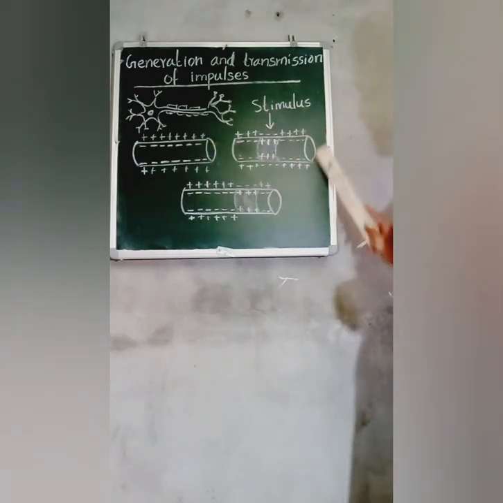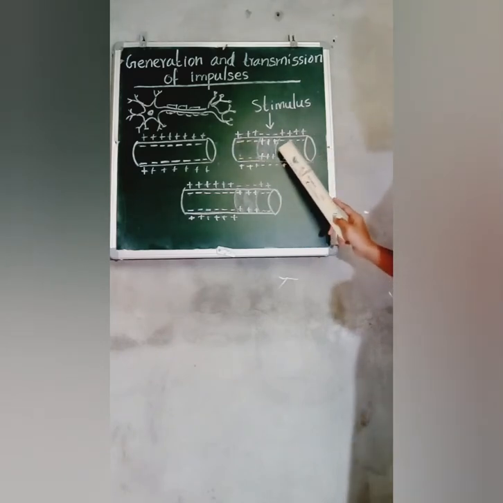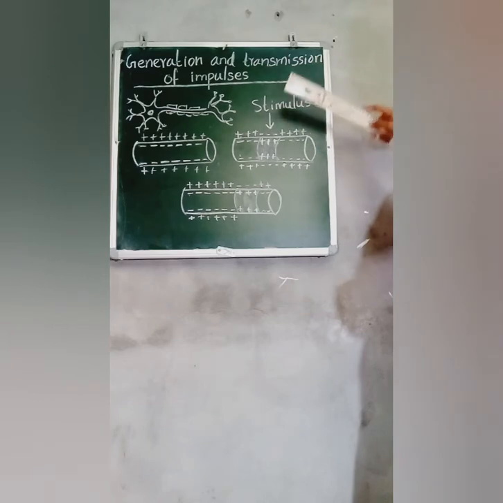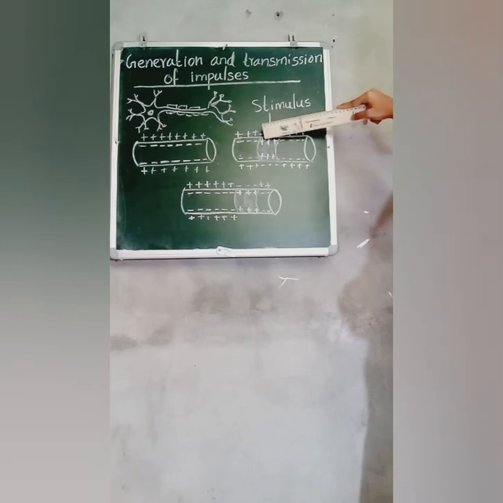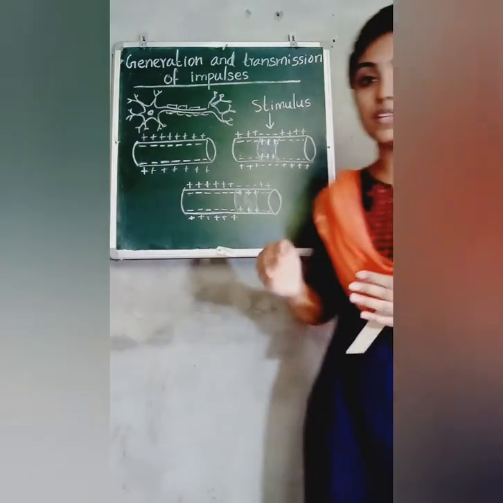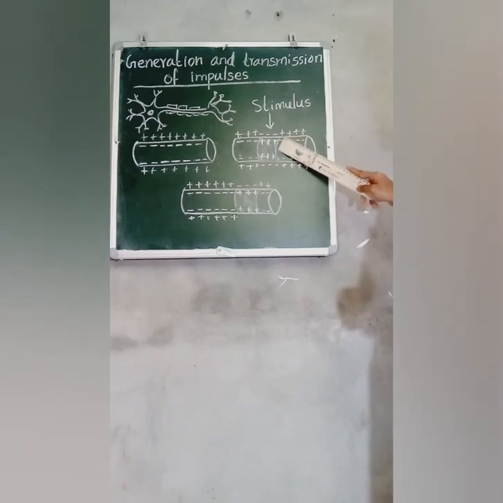And when we get stimulated, certain changes happen. When we get stimulated, a change in the distribution of charges takes place. What is the change? Yes, in this particular region, the outer positively charged ions turn negative and the inner negatively charged ions turn into positively charged ions. As a result of this sudden change in charges, the adjacent regions get stimulated, and as a result, the impulses get transmitted through the neuron.